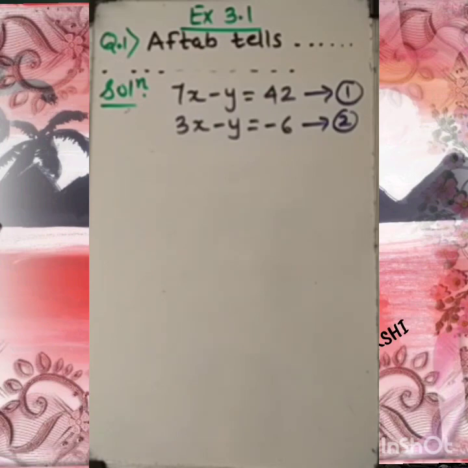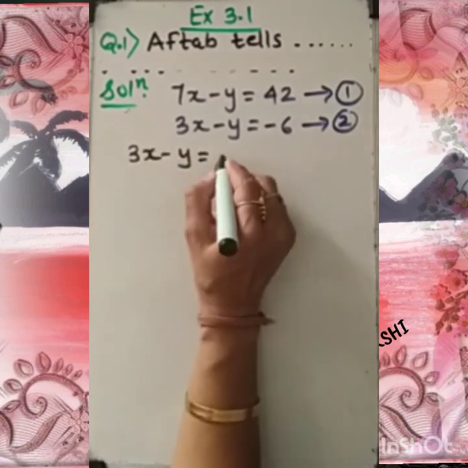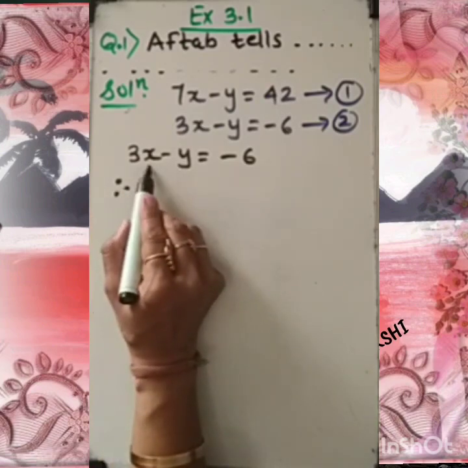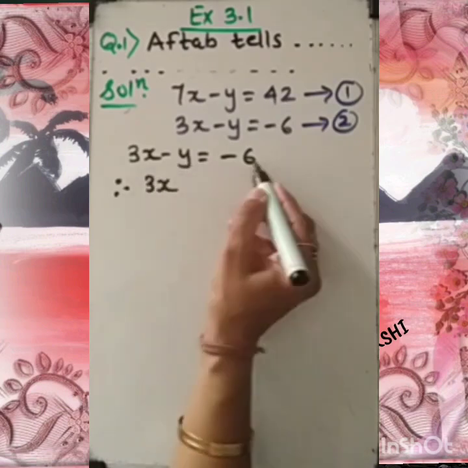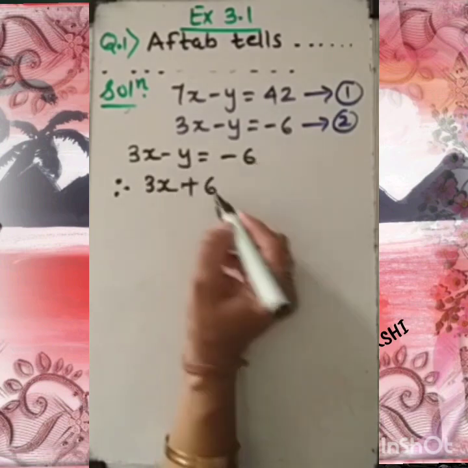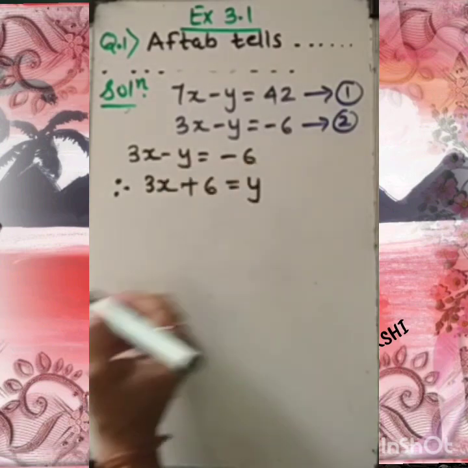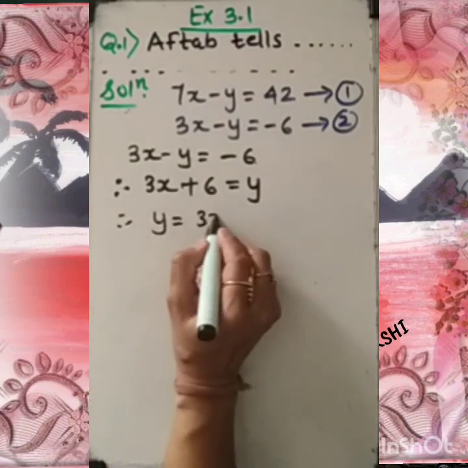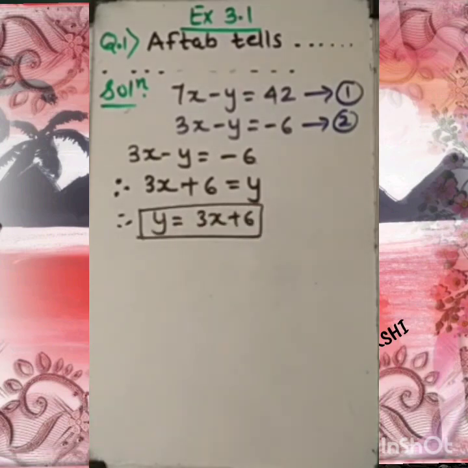Now dear student, let's work out the second equation. The second equation is 3x minus y equal to minus 6. Here also I have to make x the subject, or else I can choose y. So 3x is here, this minus 6 I am bringing to this side, gives plus 6, and minus y I am bringing to the right side, that is plus y. Therefore y = 3x + 6. So this is the subject which we have made y.